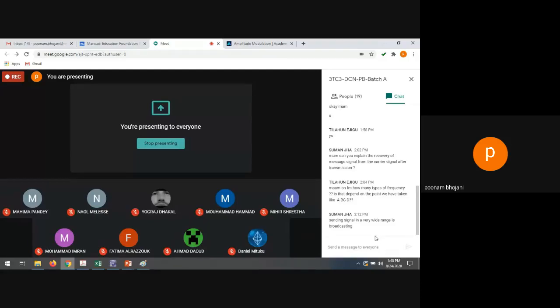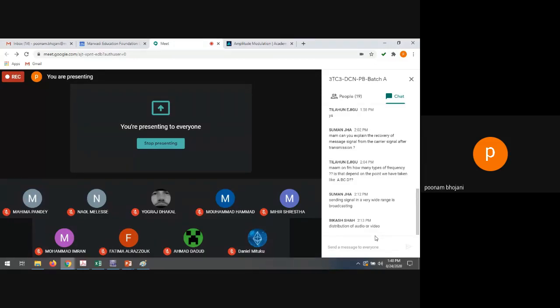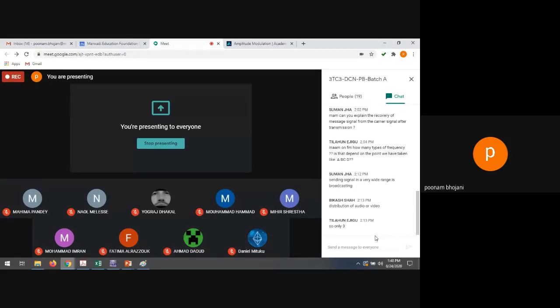So you can consider that in frequency modulation, you can have three different frequencies. One is the main frequency, that is the carrier frequency. Second is the frequency increased by the positive deviation, and third is the frequency decreased by the deviation, right? They have mentioned that as delta f and so on. So see, no need to do the calculation because it is not in your syllabus, and that's why I have not covered that part. Okay.